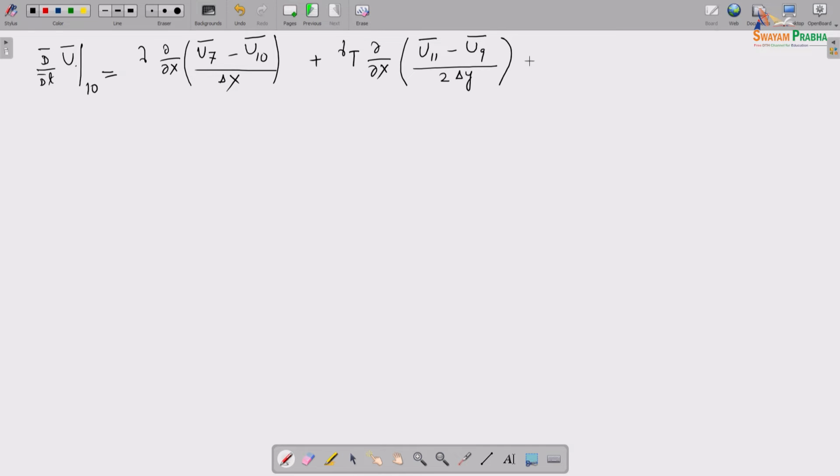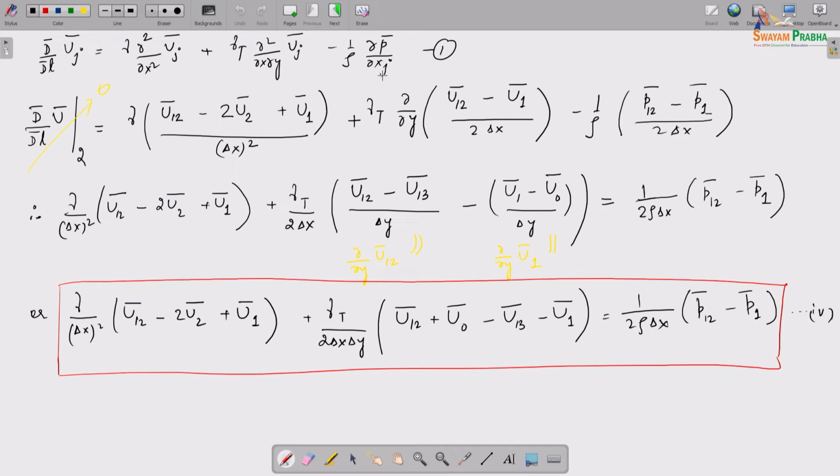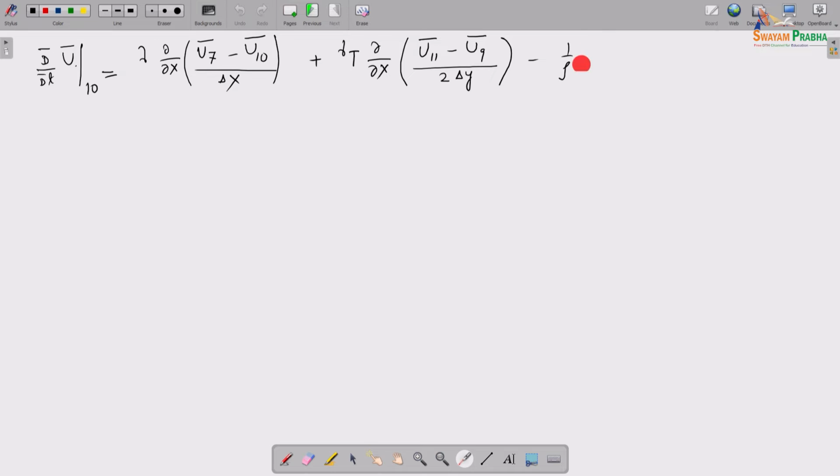And minus 1 by rho del p del x, the first order derivative of the pressure in the x direction. In the x direction again, I'm going to use a forward difference scheme. So it is P7 minus P10 by delta x. As we've seen earlier, this is going to go to 0. So therefore we can write,